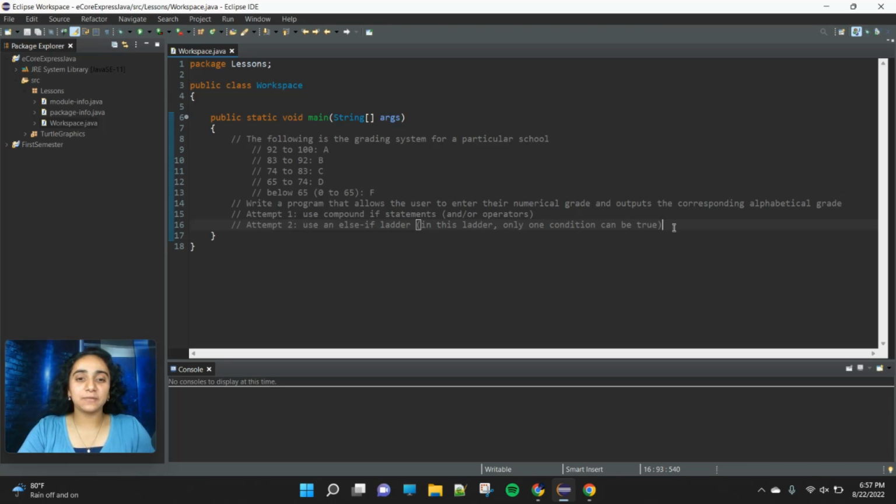So we're going to be writing a program that allows the user to enter their numerical grade, which is on the 0 to 100 scale, and it's going to output the corresponding alphabetical grade, which is going to be A through F. For our first attempt, we're going to use compound if statements, or and or operators, and then for our second attempt, we're going to be using an else if ladder. In this example, I'm going to be showing you how to use